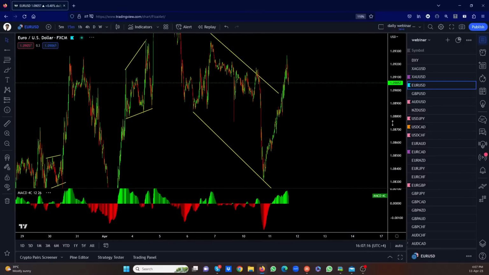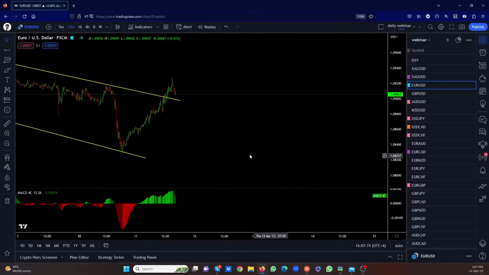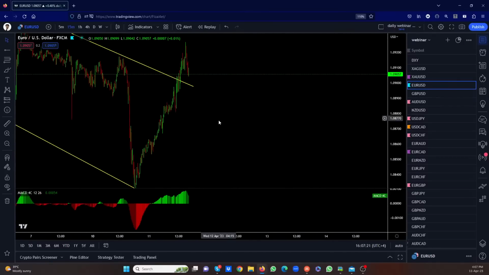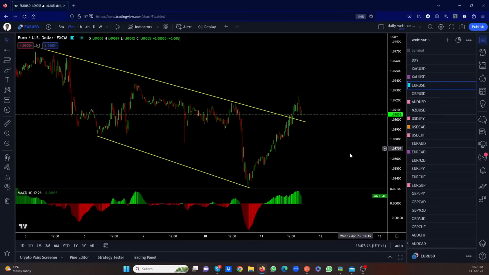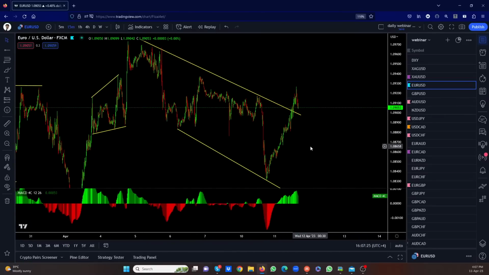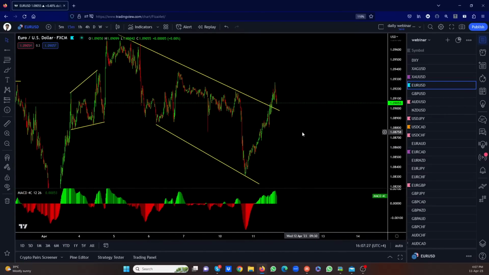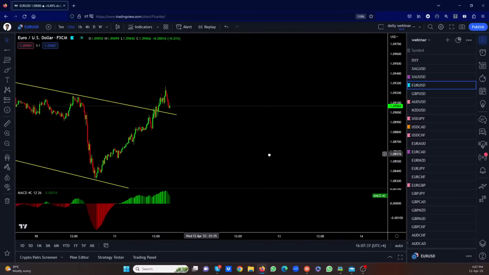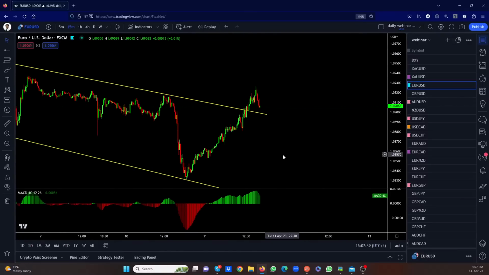Euro. Good. So now Euro is going to talk to us. This morning it actually broke out again. Breaking out of this line is irrelevant. It doesn't mean anything. It has to tell us what it's going to do now. So now you want it to either make a flag here and we go up, or it makes a flag here and we sell. Let's see which one happens. We don't have a trade as yet until we get the setup.